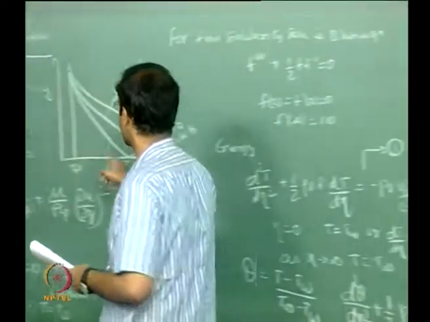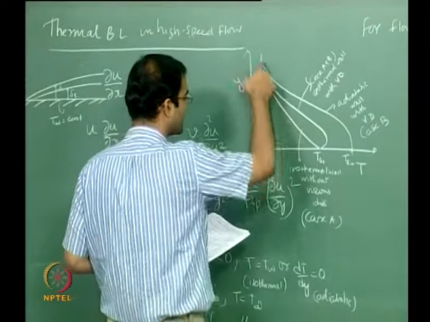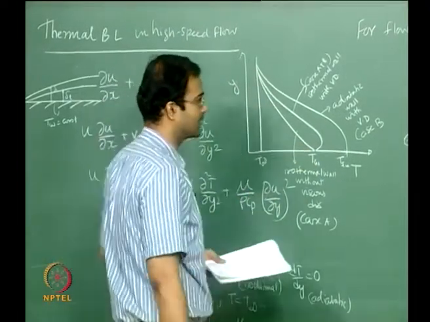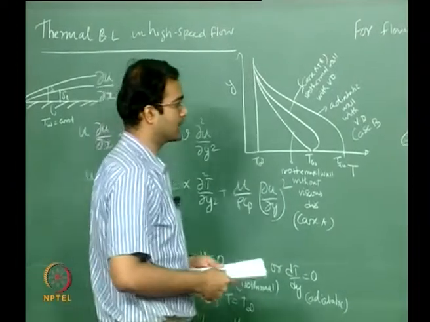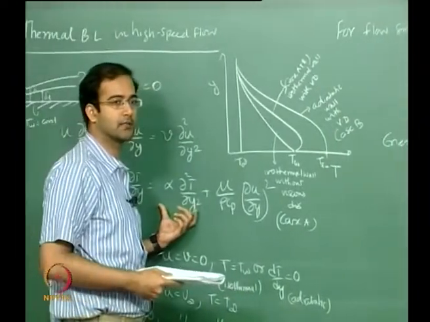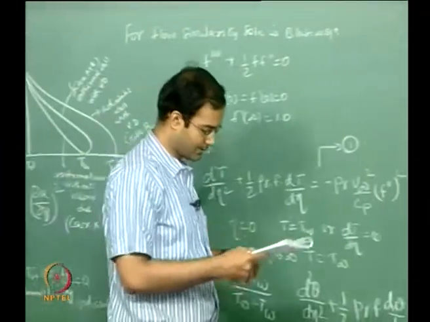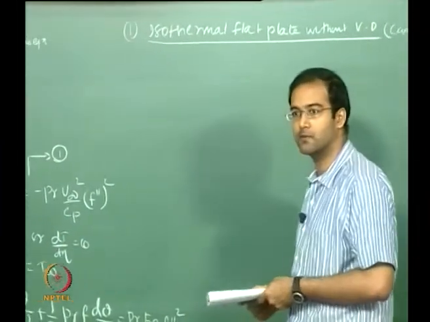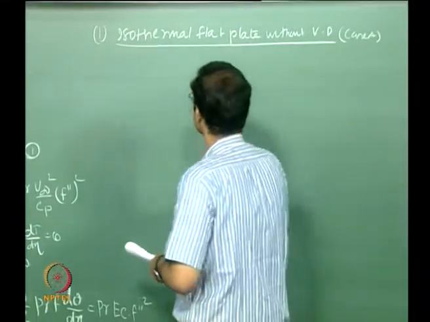If you have a simple profile like this, that means you don't include the viscous dissipation. This is nothing but the Pohlhausen similarity solution. There you define your theta the same way that I have defined here, T minus T wall by T infinity minus T wall,